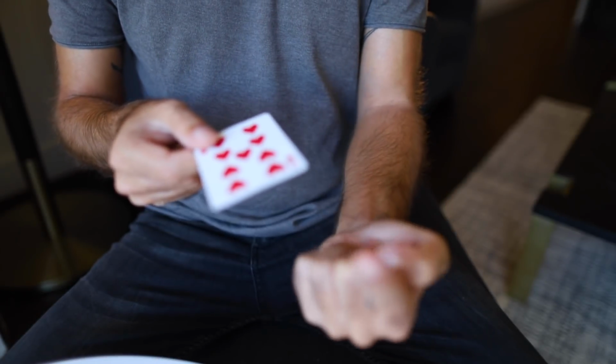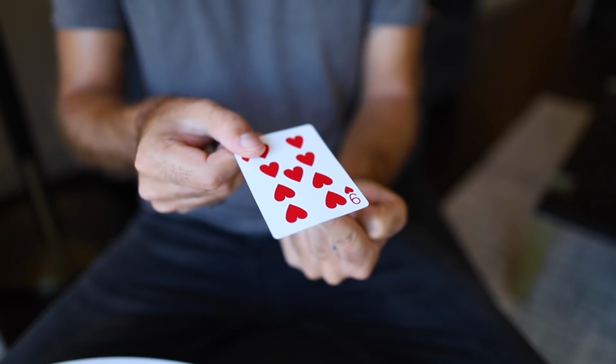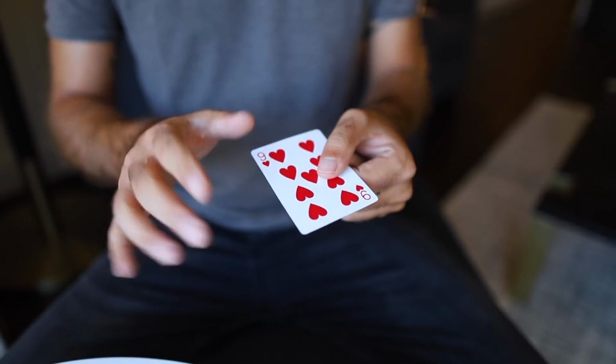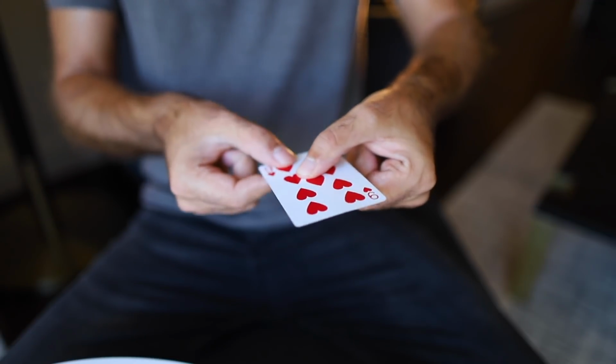You're gonna tell them to hold their finger out like this, any which finger that they want. You're gonna place the card on their finger, put pressure on, and slowly move it forward or move it back, or however you feel now it should be done. Maybe even make them hold it at this point so that they're gripping it tightly, and now you're gonna start